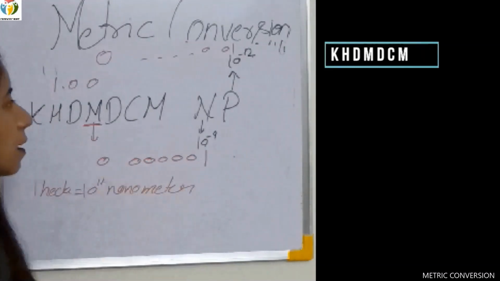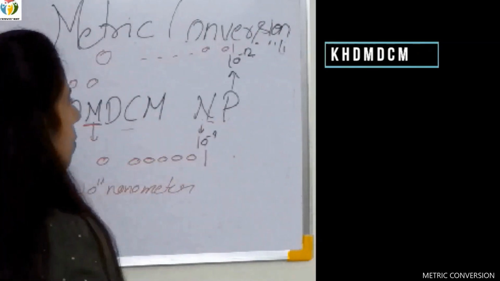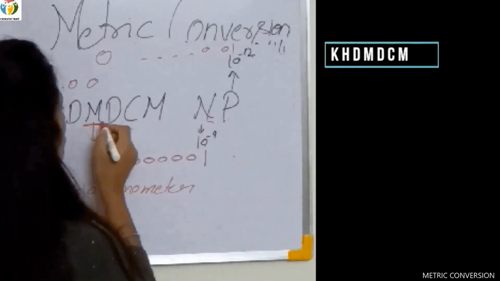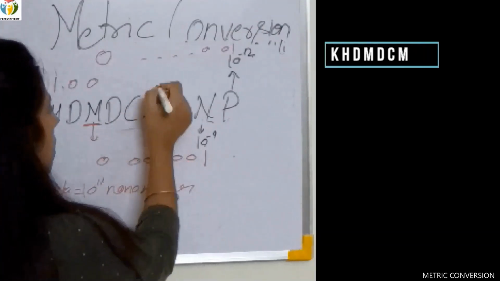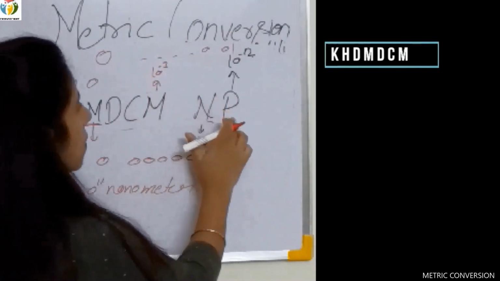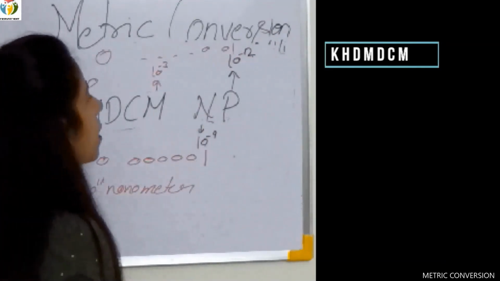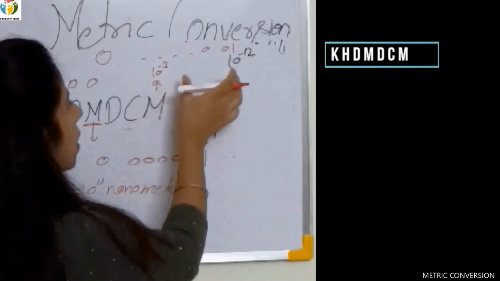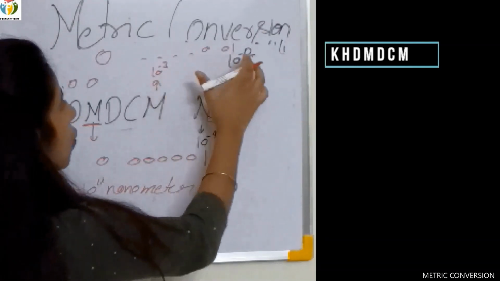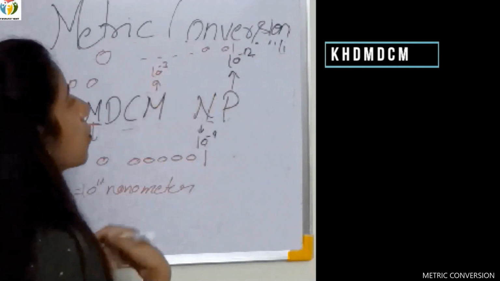Let's say the other example, someone asked me to convert picometer into millimeter. So I know from the base unit it is 3 digits apart. That is, it means it is 10 raised to the power minus 3. And this is 10 raised to the power minus 12. So if I just want to know how many 0s would be there in between these two numbers, if I just subtract 3 from 12, the rest of the number would be 9.